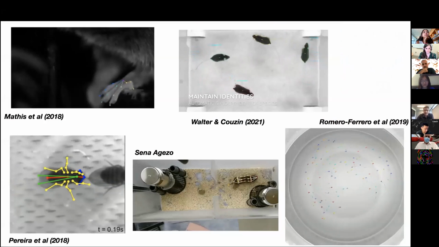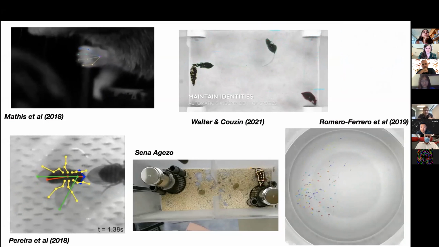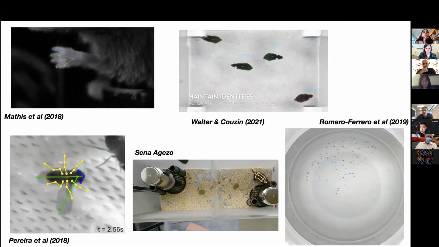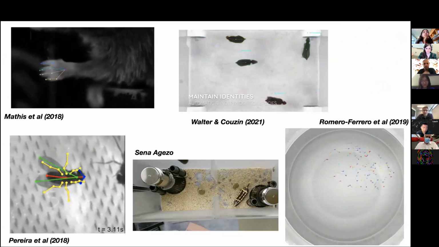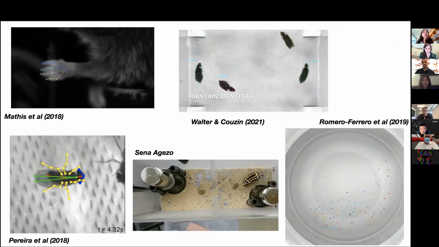And one of the things that I definitely don't need to mention to this particular crowd, including the stuff that Ian just mentioned, is we've made a lot of really great progress over the last few years of using various deep learning based techniques to track either maintaining identities for large numbers of animals or tracking specific postures. But the question that me and my group have been really interested in is not so much the instantaneous tracking or positioning of the animal, but more along the lines of what Ian was talking about, what are these kind of internal states? How does an animal make decisions? What are the subtle underlying things which bias how an animal decides to go about the various things